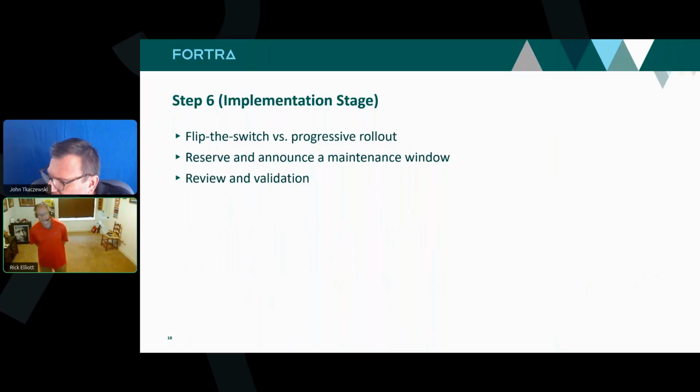Well, the potential is there for an upgrade in place without shutting down the system, but that's being designed, developed, and put together with our development team, and I have no idea when that's going to be out. But in essence, if you have a maintenance window, then you can always identify when that window is so that you can do some updates and validation, and make sure your implementation is smooth and progresses normally. And when I need to make an update, I have that window to go back and do it systematically without having issues. So these are the main things you really need to look at when you get into that implementation, or at least not forget about.